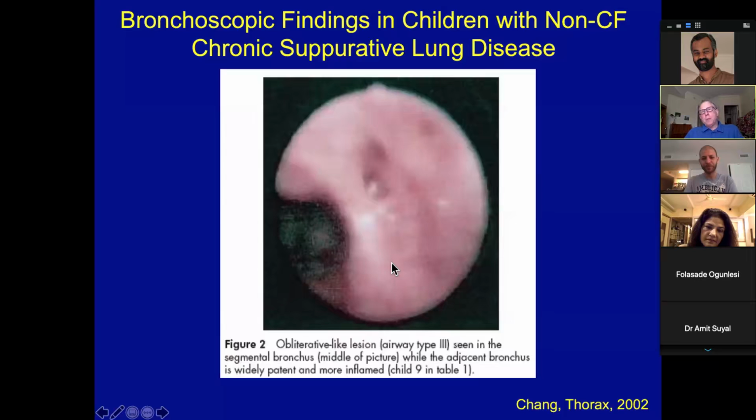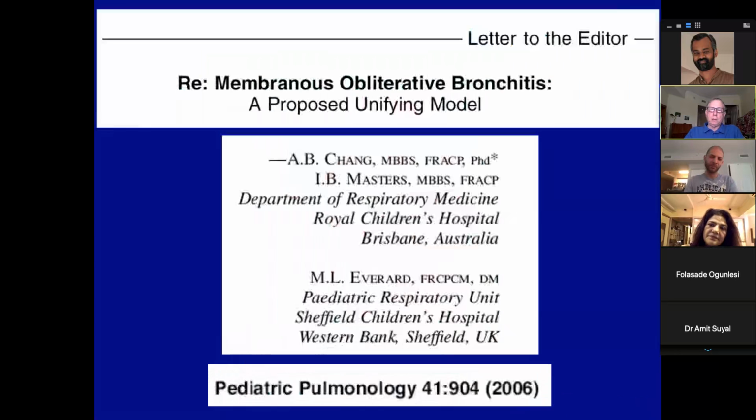And the main message in their letter to the editor was not only to complain about what we were claiming to be a novel finding, but also they were opposed to the idea that this needs to be breached. And I will show you eventually the response to what they wrote. We agreed that it doesn't require breaching in every case, but those cases that appear to maybe be membranous could be breached. This here is a bit fuzzy, but it doesn't look membranous to me, so I'm not sure that there was a justification to try to interfere with it at this point.